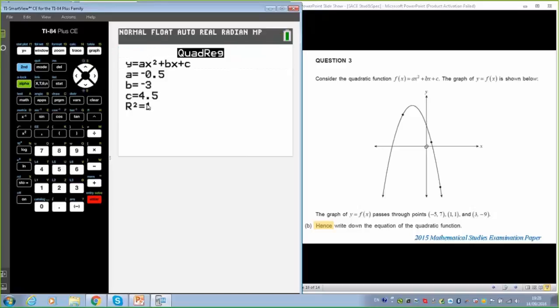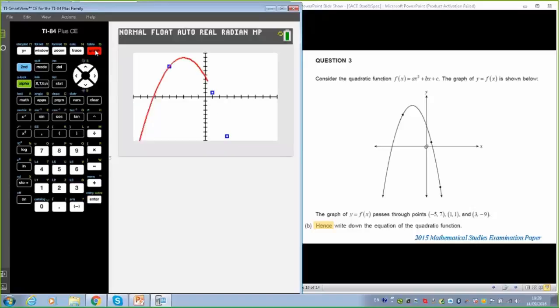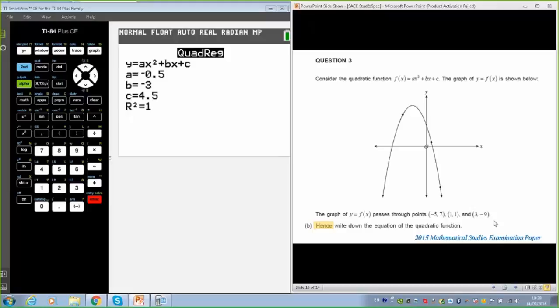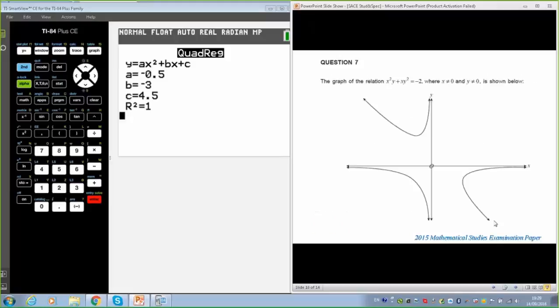Look at that, an R squared of 1, a perfect fit. There's my equation. There's the graph that I'm going to get. Beautiful, looks pretty good. So all I've got to prove now is that I can actually get those values. Those are the values that I need to get for my A, B, and C to prove this question. So again, using the calculator to support their answers, almost like a solutions book, in a page in the back of the book.